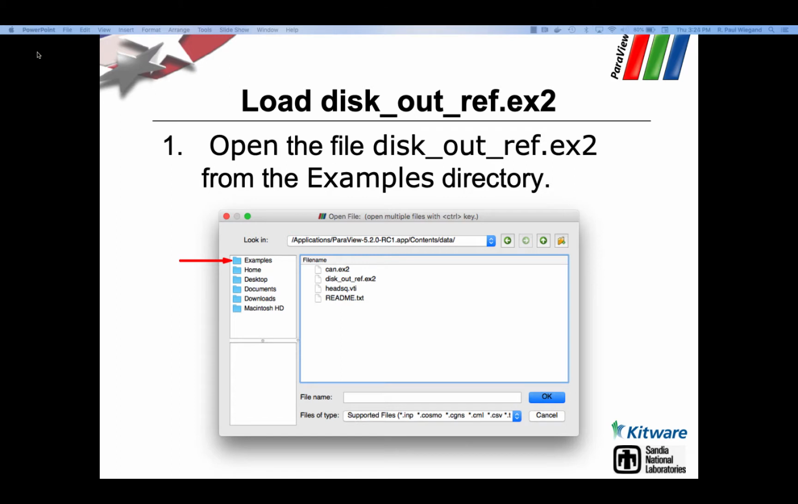Maybe if I had stuck with the proper 5.6 version. What version are you running? 5.6, yeah. Anyway, all right. So